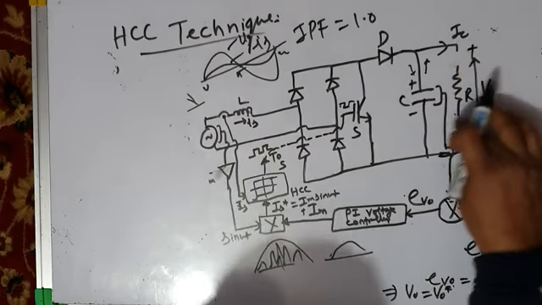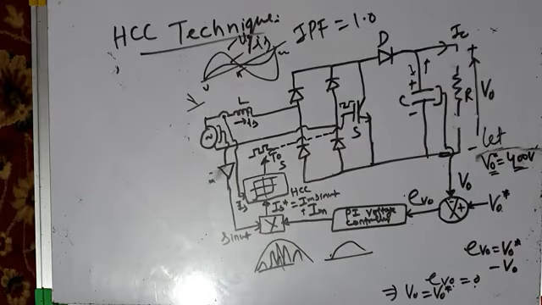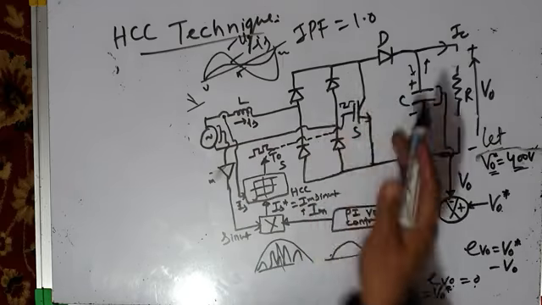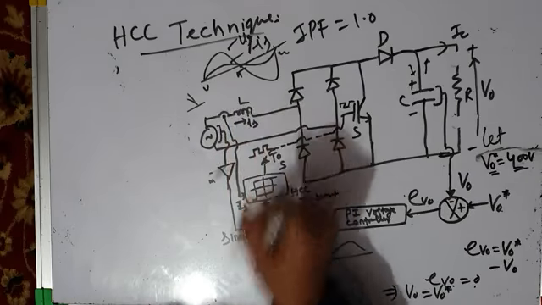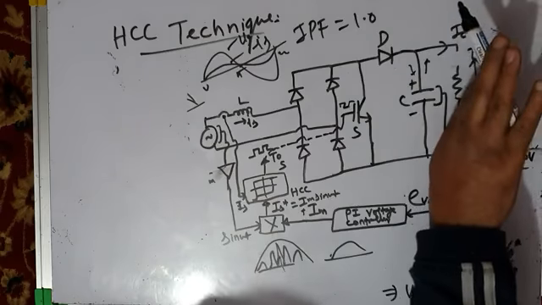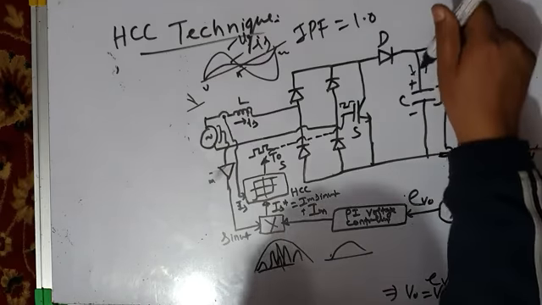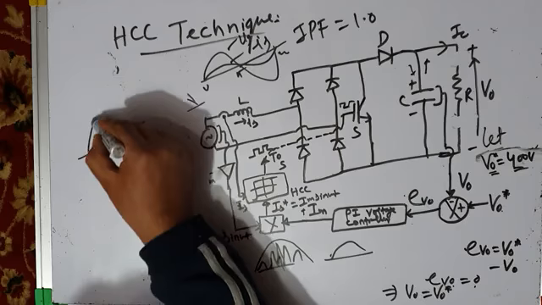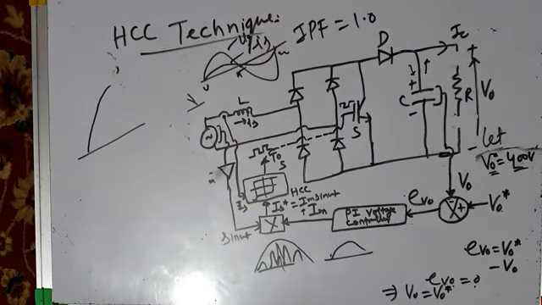If there is no load across the converter output, no energy should be transferred. But if your hysteresis current controller is working, during the energy storage interval, energy gets stored in the inductor, and during the energy transfer interval, it transfers the energy. Since there is no load to take that energy, all the energy will be dumped into the capacitor. Usse kya hoga? Capacitor ki voltage बढ़ती जाएगी, and it will become a dangerously large voltage, and it may damage the capacitor and your circuit also. So therefore,